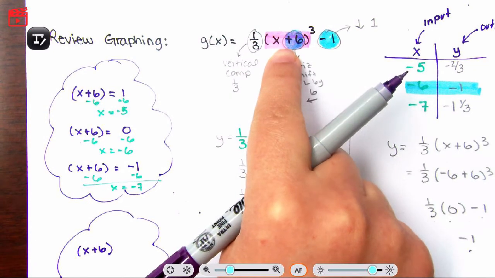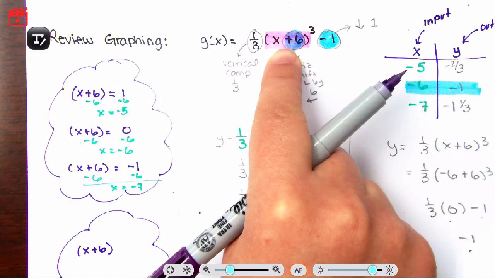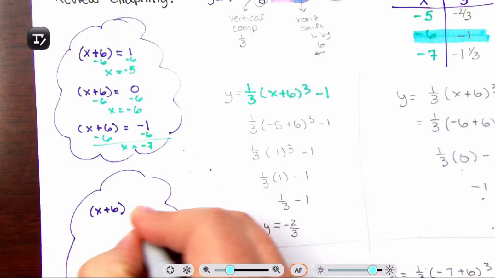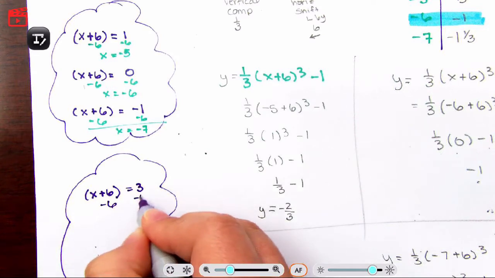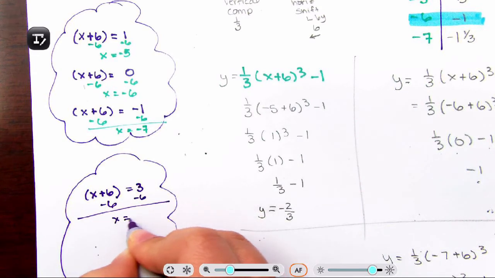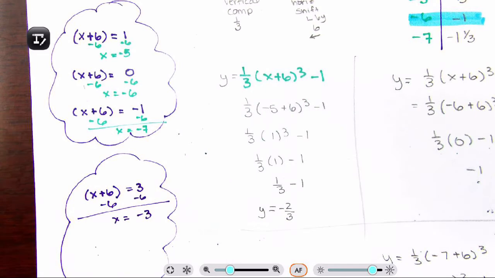So I know that 27 is divided by 3 because 9 and 27. So cube root of 27 is 3. So if I set this equal to 3, I'm going to subtract 6. So x is equal to -3. So when I go here to do my equation, and if I chose -3 as my x value,